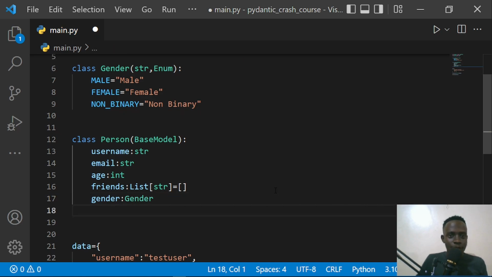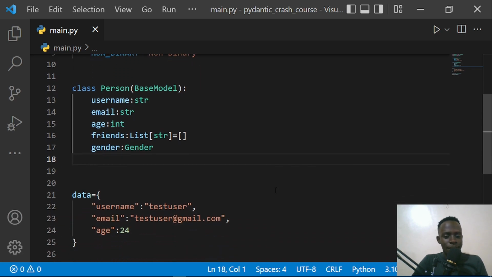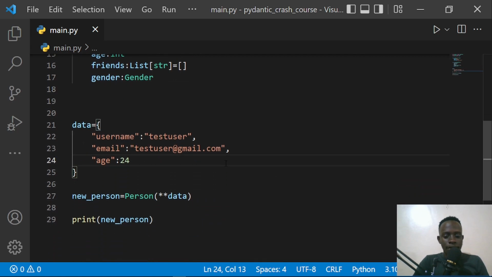So by doing this, we're actually adding some compound types, stuff like the classes we create for ourselves, as well as classes that may come from the typing module within Python. Now when I go ahead and save this, we shall have to add these as extra fields to our class or our instance. Now I'm going to come within our data right here,